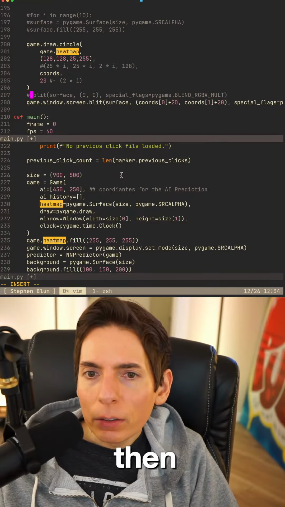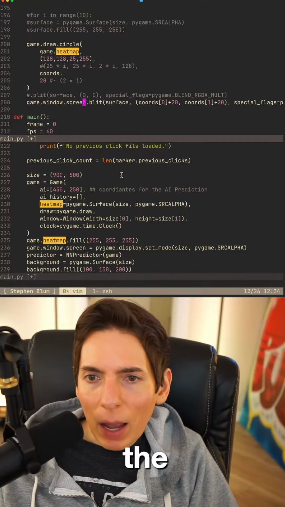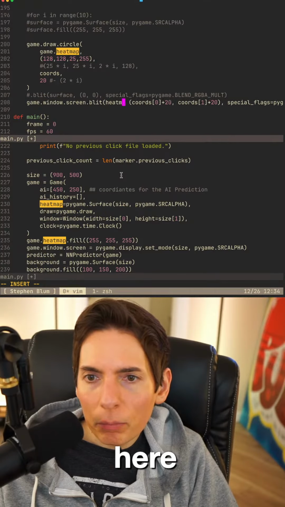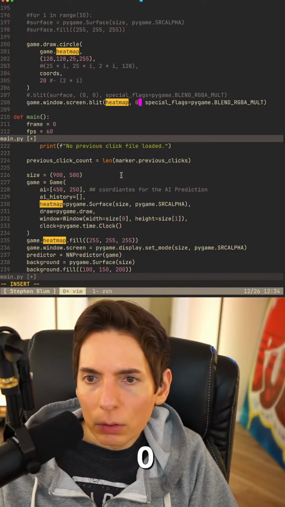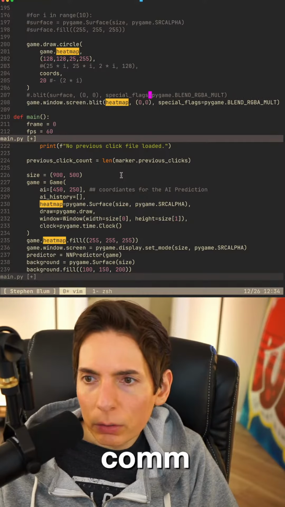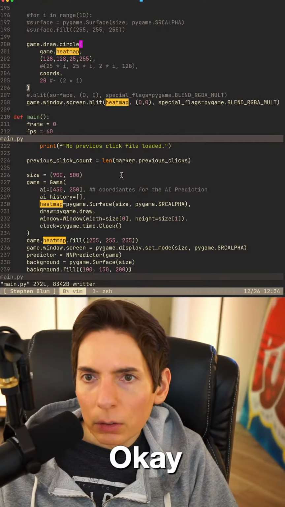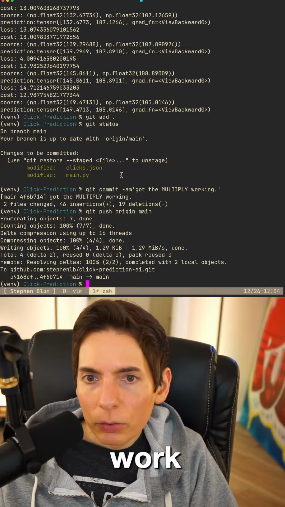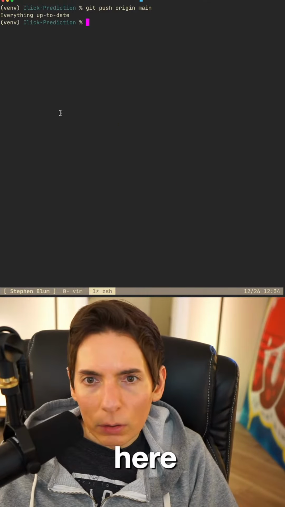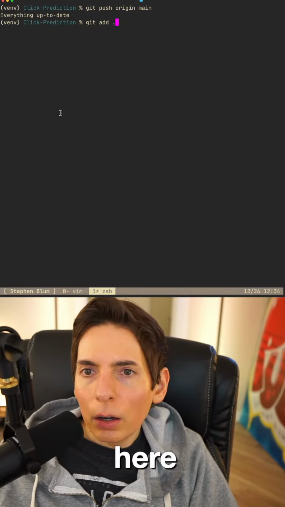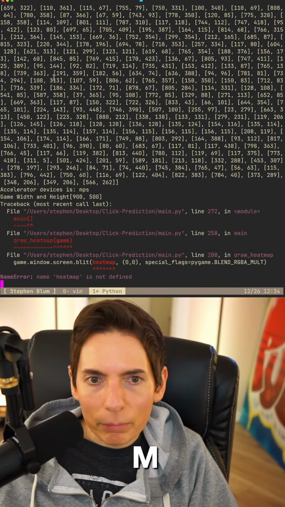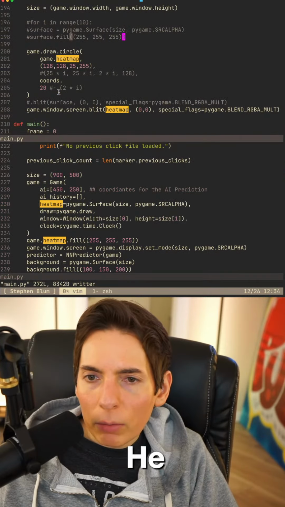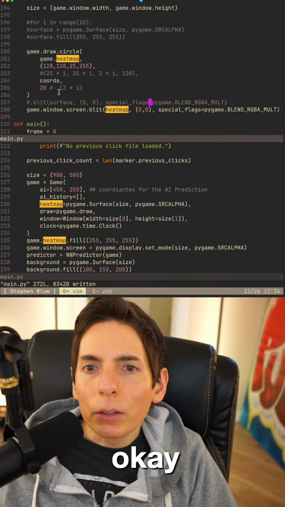And then we blit the heat map here. Heat map at 0, 0. Okay. Maybe this will work. See what we get here. Get Python main. Okay. Heat map. Okay, right. It is game.heatmap.